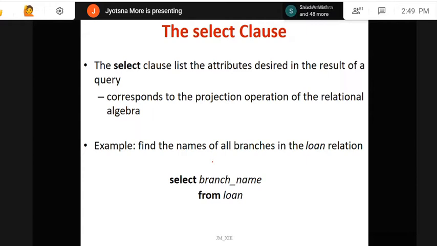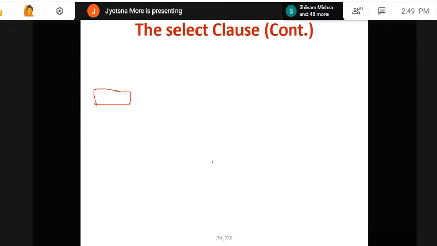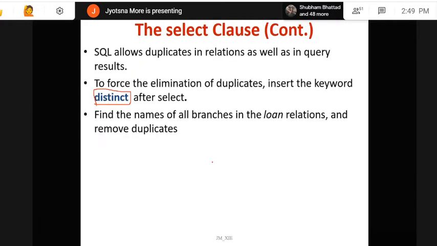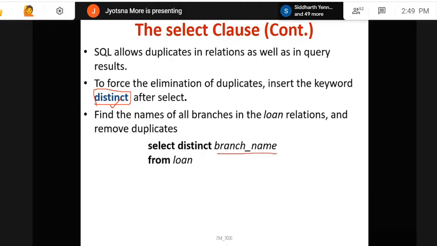But it is always a good habit to remove the duplicate values. So in this question specifically, it is asked to know how to remove the duplicate values. So for that we have to use the keyword distinct. So how will my query be? Select distinct. Immediately after select, but before the attribute name for which you don't want the